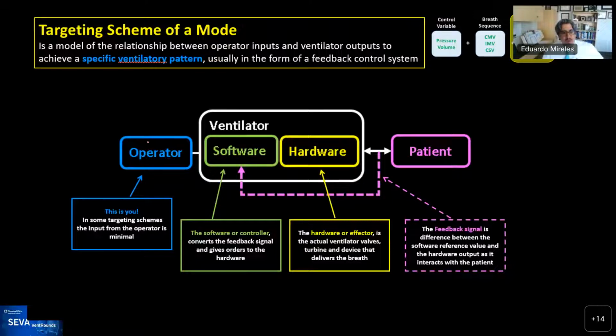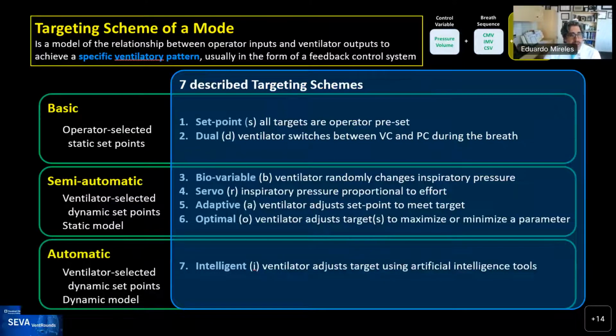And obviously the operator can put instructions into that software. The more instructions you put, the more you work. And there's modes where you need to put fewer instructions into the software, and the software will calculate them for you. And so you'll see that we have described so far 7 targeting schemes, and they go from simple, where you put almost all the